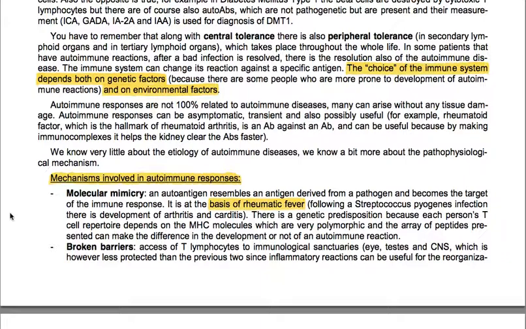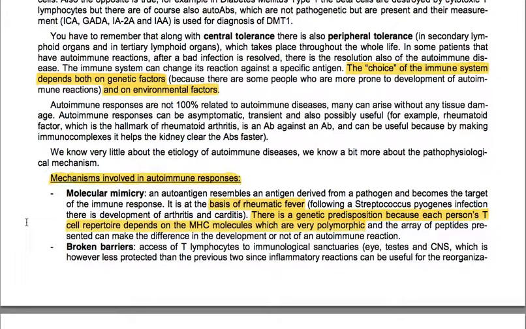There is a genetic predisposition because each person's T cell repertoire depends on the MHC molecules, which are very polymorphic, and the array of peptides presented can make the difference in the development or not of an autoimmune reaction. We can have also broken barriers,